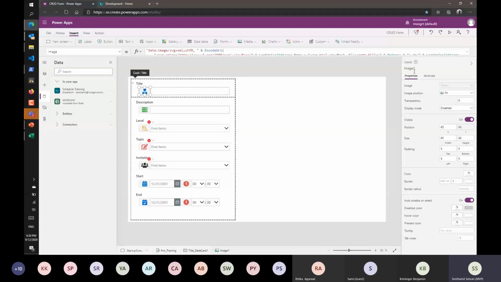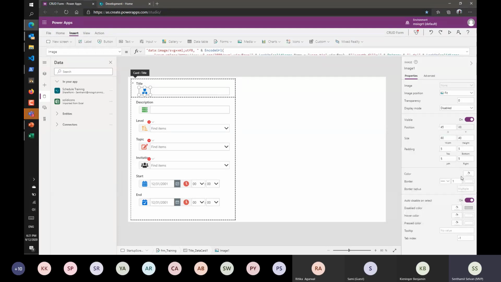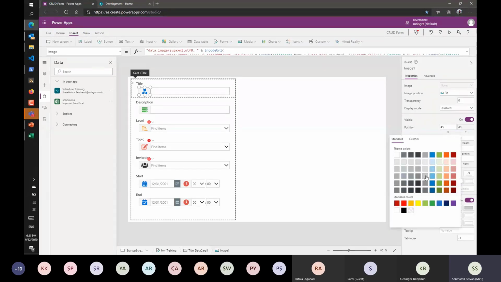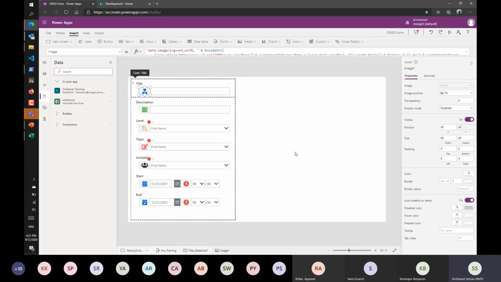Most of the time I use the image for a curved look, and make it disabled. Make the property disabled, and the image has a fill property. For the fill property, I always use one of the gray fill properties, and it has a slightly darker border, which gives you a feeling of another container filled in. On top of it, you just add your icon. And this image property, if you see here,